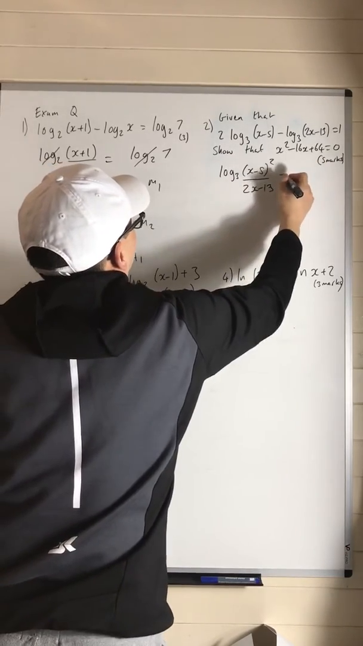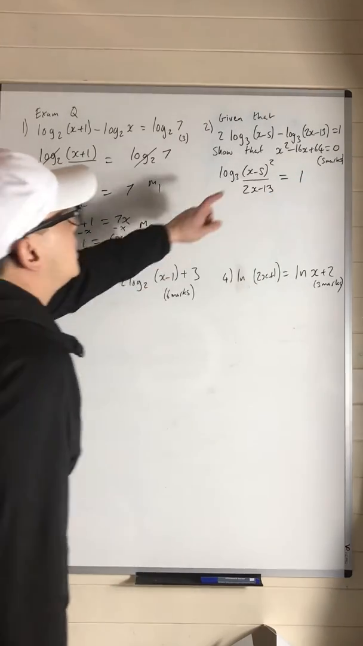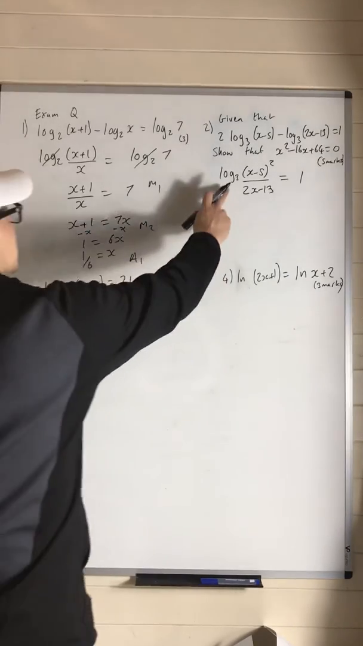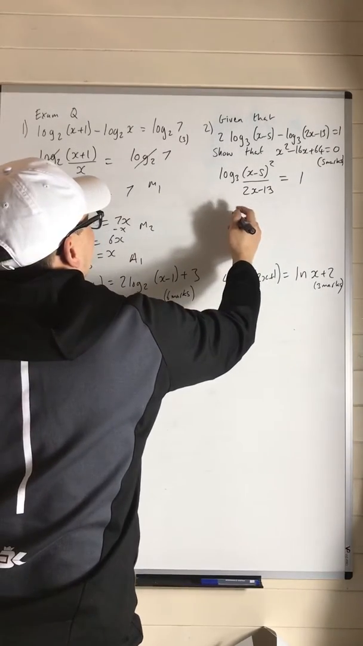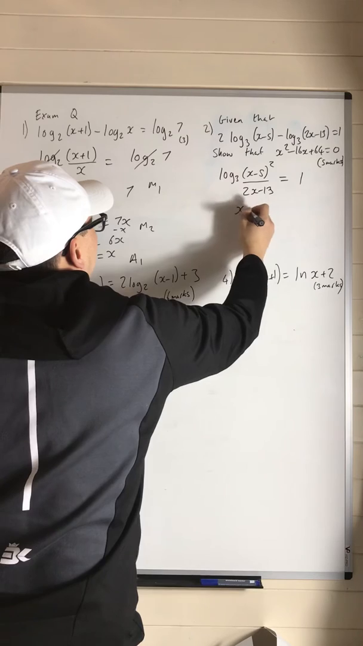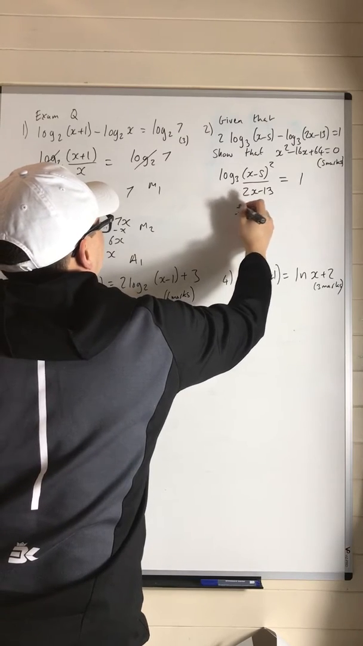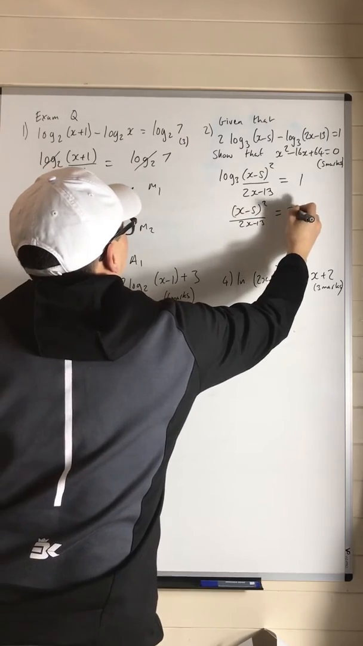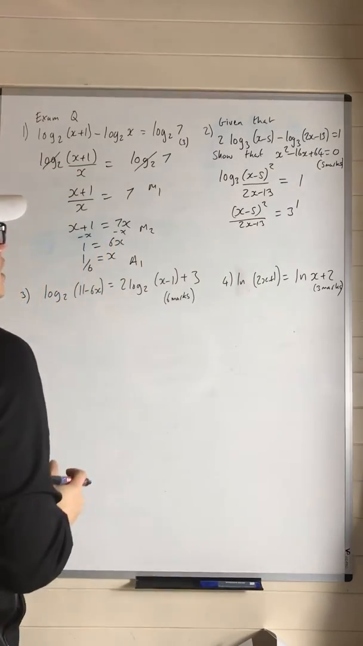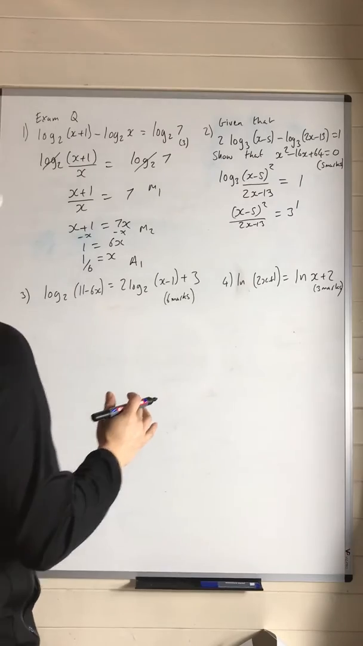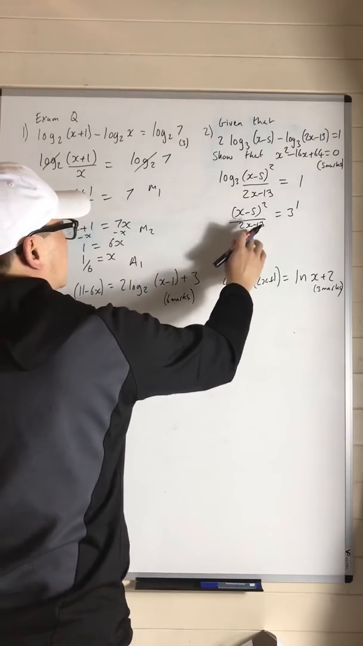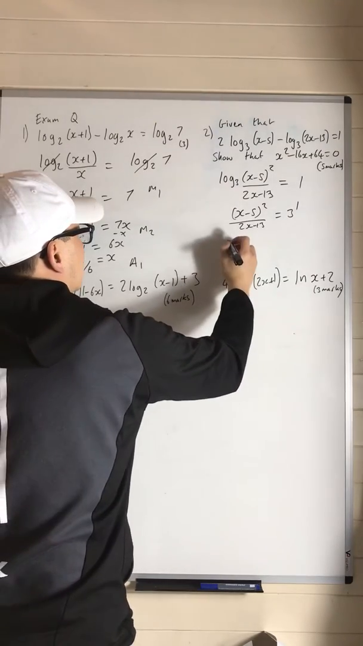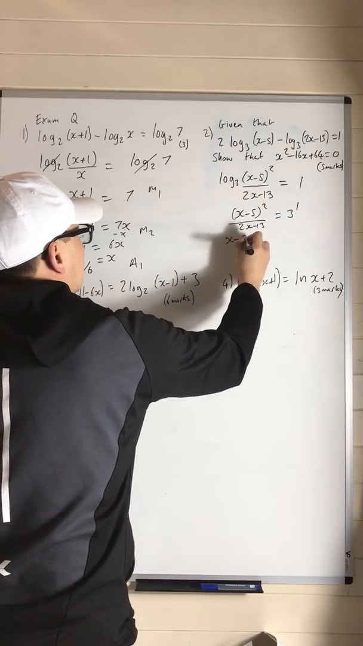And we've got the equals 1 there, because we need to show that x squared minus 16x plus 64 equals 0. Now if we inverse the logs, we will get x minus 5 squared over 2x minus 13 equals 3 to the power 1, which is 3. Now we've got to multiply that out. I'm going to multiply both sides by 2x minus 13 to leave us with x minus 5 squared